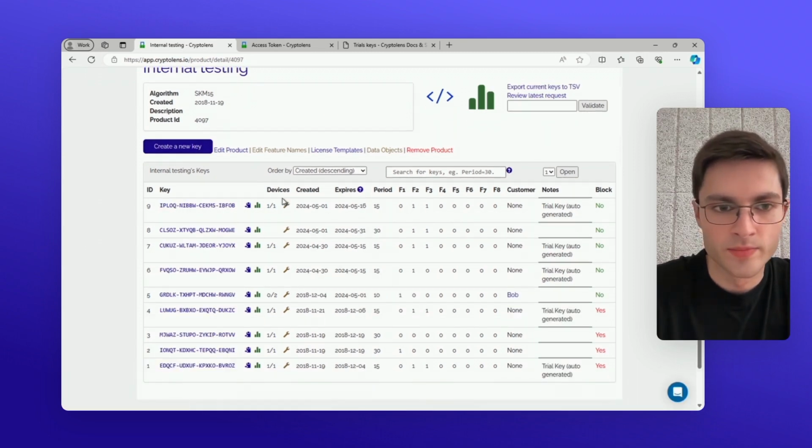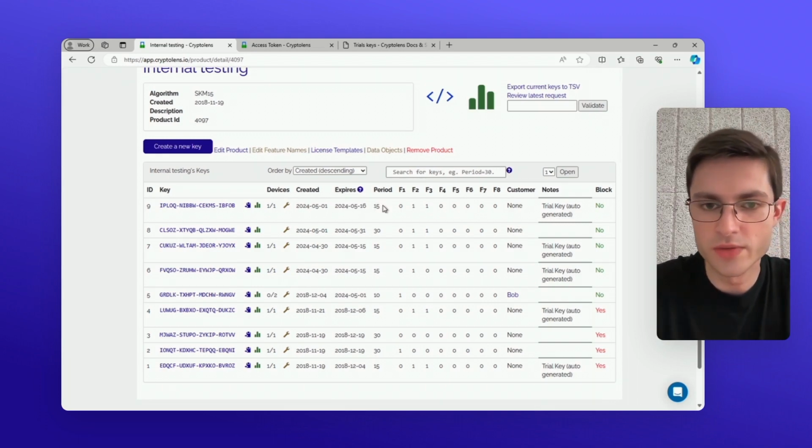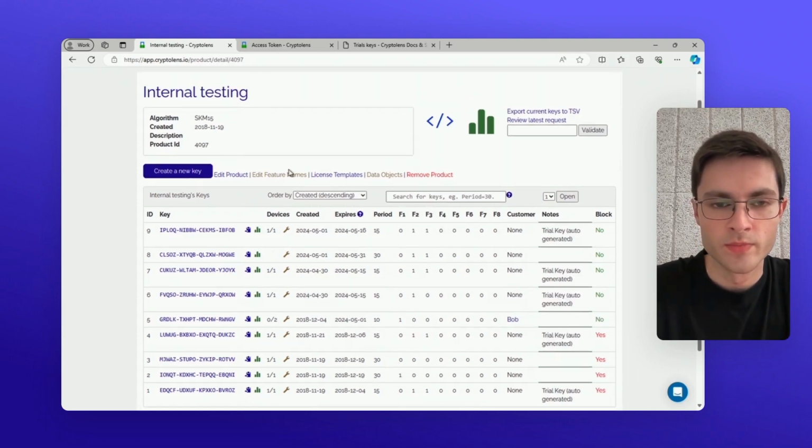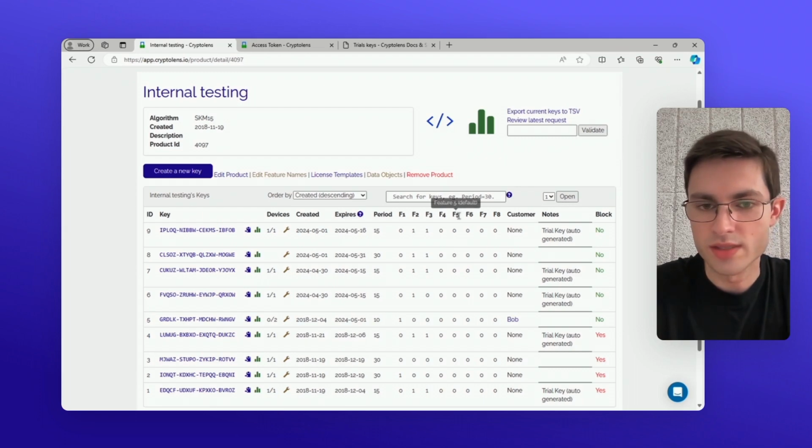And you can see that it has issued a license key, which has the period set to 15, so it will expire in 15 days. And then the trial feature and time limit features are set to true. So if you would like to change this, for example, let's say you want to use feature 4 as trial